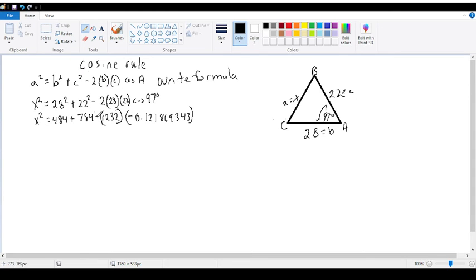This negative will go away because of this negative, because you will be multiplying. So let's proceed. x squared equals 484 plus 784 minus 1232 times the cosine value, which must be multiplied first, and you will end up with a value of 1418.143 and decimals. Then you find the square root of both sides, and that will give us 37.6582